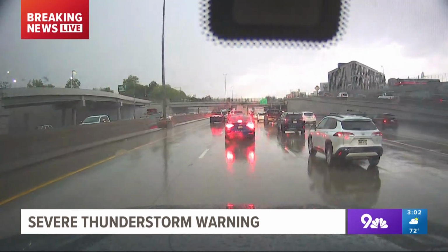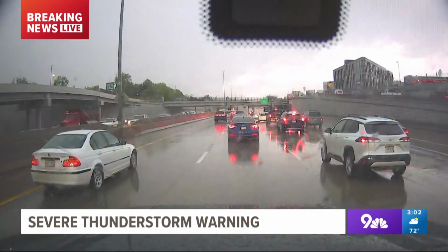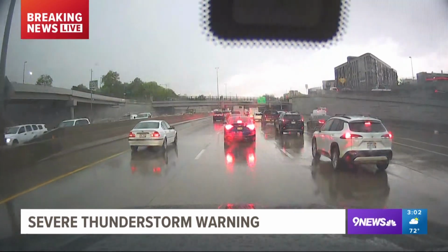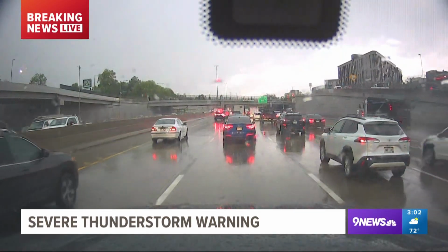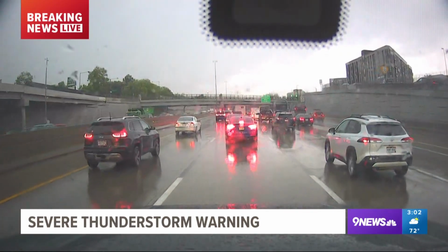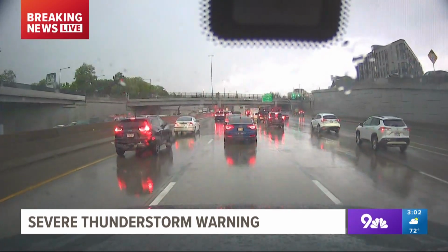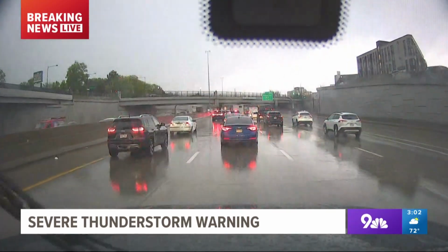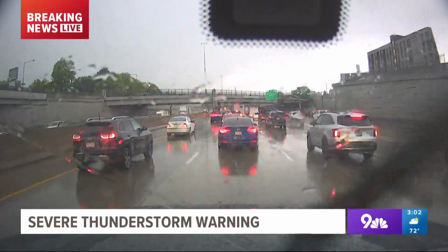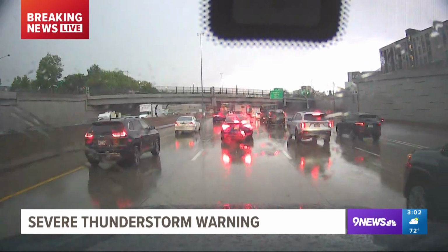And if you are in one of these areas that's kind of seeing the rain die down a bit, don't let that throw you off, because we do still have several cells all around the area that do hold quite a bit of rainfall, strong winds, even the potential for hail. So as you can see here, cars have slowed down quite a bit. Earlier when we did see the hail on I-70 and Wadsworth, we saw those cars kind of packed under the bridges, under the overpasses, what you're not supposed to do. Right now things are looking a little better, so cars are driving along